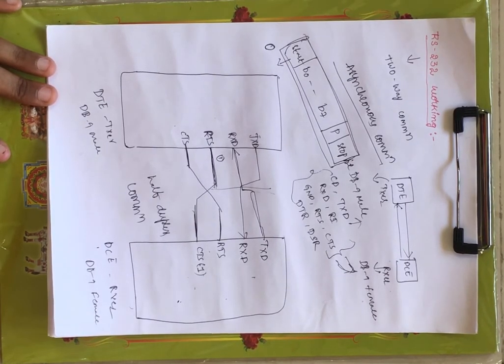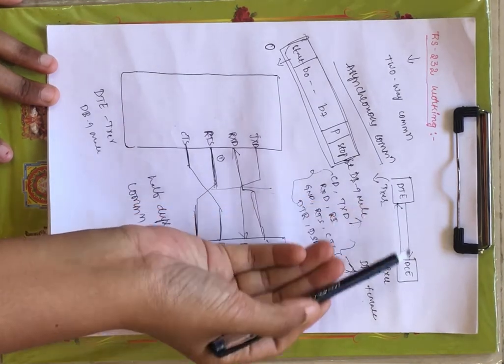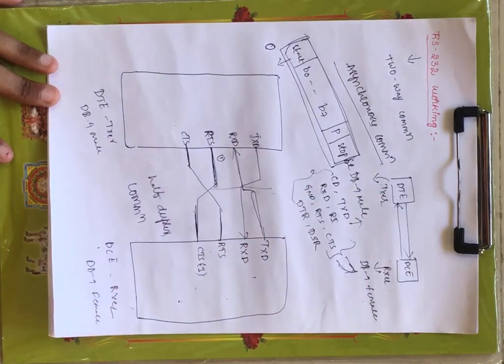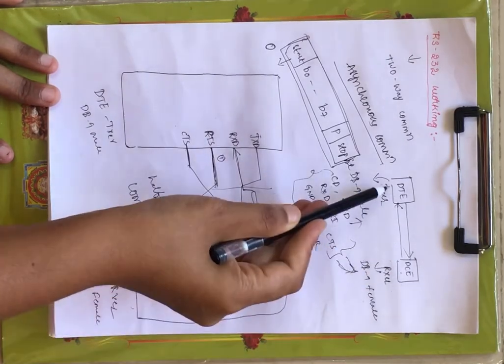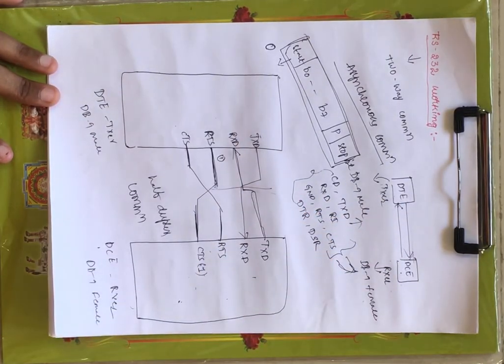Now we have seen what RS-232 is, and we have seen the DB9 male connector and female connector that includes 9 pins. The DTE, which is data terminal equipment, also called the transmitter, and the DCE, data communication equipment, is your receiver. The male connector is the transmitter and the female connector is the receiver. Now this RS-232 works on two-way communication. Two-way communication means, if you see this figure, DTE can transmit the data as well as receive the data. Similarly DCE can transmit the data as well as receive the data. That means RS-232 works on two-way communication.